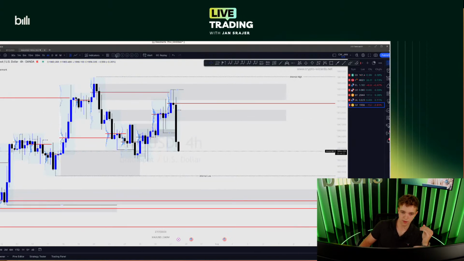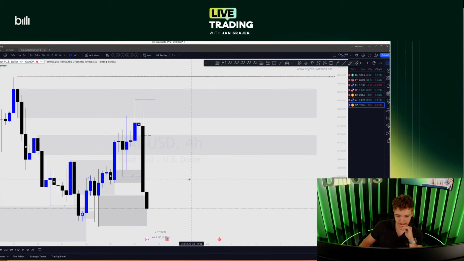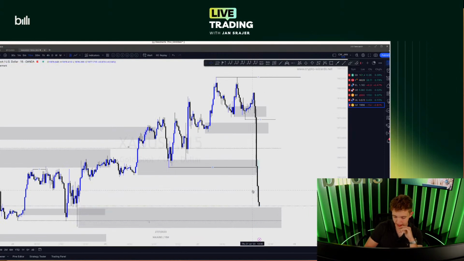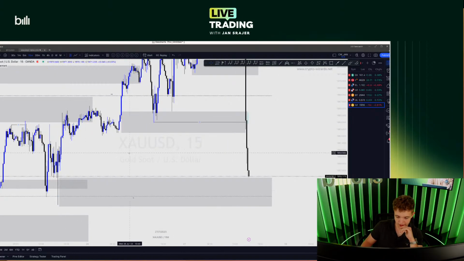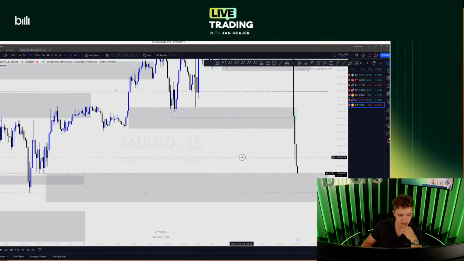I can be totally wrong though, and we can definitely lose this setup, which is very important to realize. You gotta keep this in mind, that not every single trade is the best trade possible, you know what I mean? So sometimes basically staying on the sidelines and waiting is the best potential way how you can handle it, but today I think we can get some good opportunities, so we'll see how it goes. Anyway, we can delete this because this week is absolutely crazy on 4-hour time frame, but as I said, I'm looking to mitigate this zone during the next 15 minutes, and then we'll see how it's going to continue.